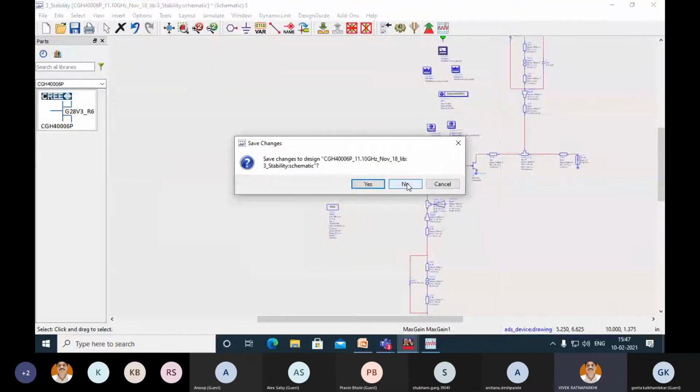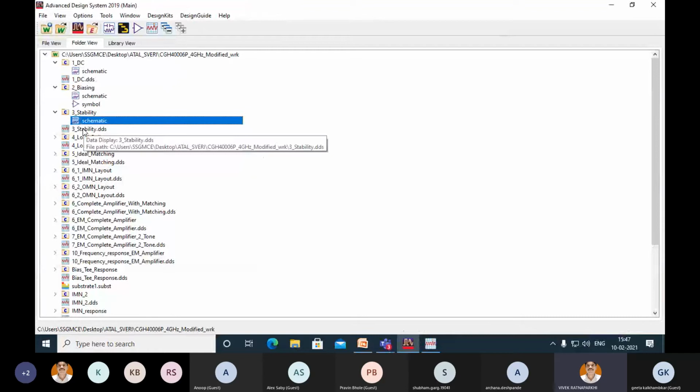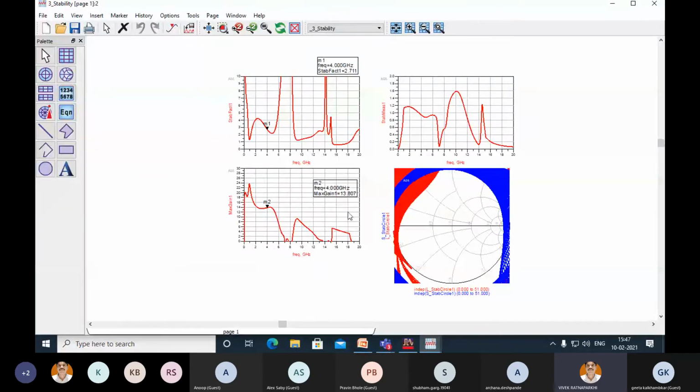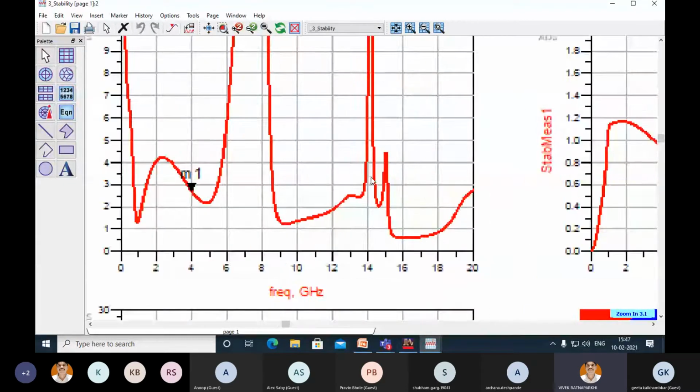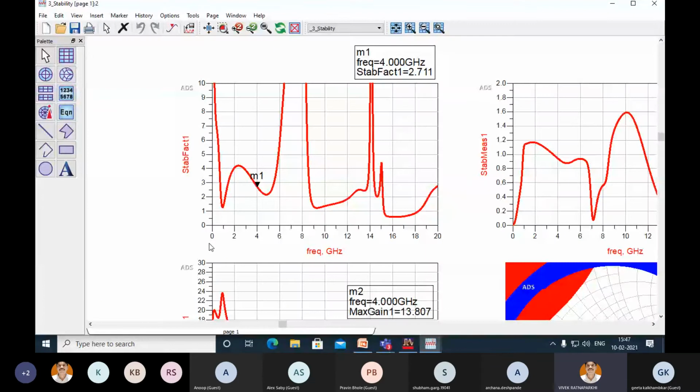Now I can go ahead and simulate this schematic, which is for stability, and I can plot the different results. One by one I will try to tell you. The first thing, now you see, and I hope you all will appreciate, by this time we were never focusing on the response or stability right from DC. Because in your amplifier you are giving some DC sources. VDC means you are giving some DC to the gate terminal, you are giving some DC to the drain terminal, and if your transistor is unstable to those DC, it will create some havoc during the operation of your amplifier.